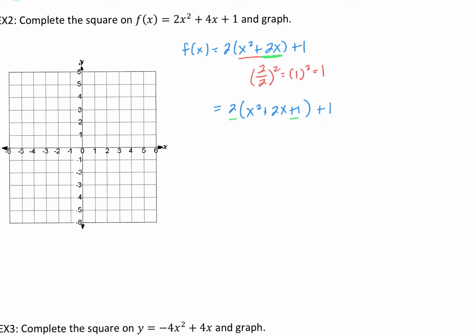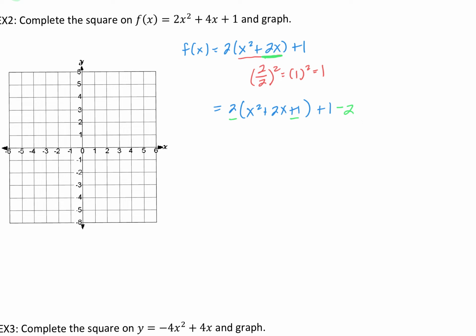I would actually get 2x squared plus 4x, which is what I started out with, plus 2. I'm actually adding in 2. So if I add in 2, I have to also subtract 2